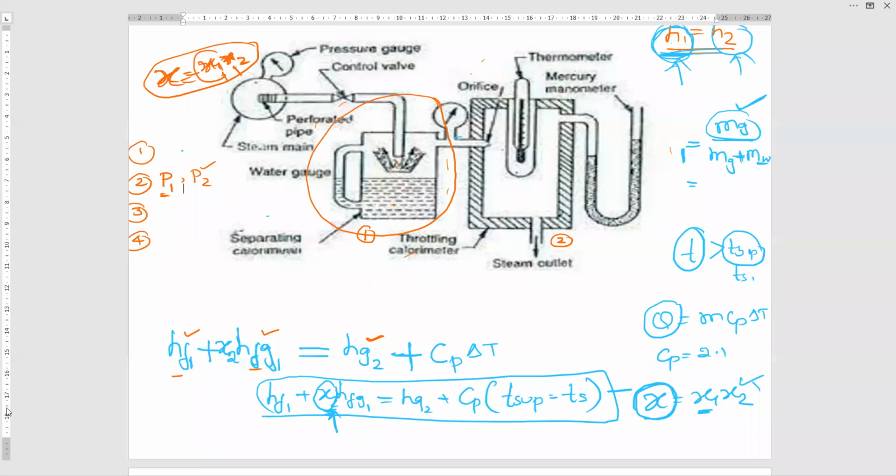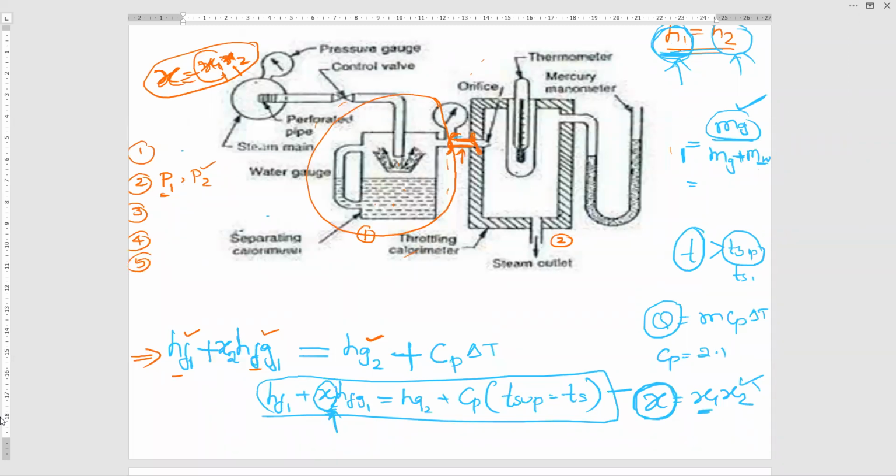Now the fourth point: we need to explain the working principle, which is what we discussed in the previous classes. One point you need to remember is that between these two there will be a throttling device. Here expansion takes place, and that expansion is H1 is equal to H2. That is, enthalpy before throttling is equal to enthalpy after the throttling process. You need to remember this, because the formula is based on that equation. Now the fifth point is how to write this formula.